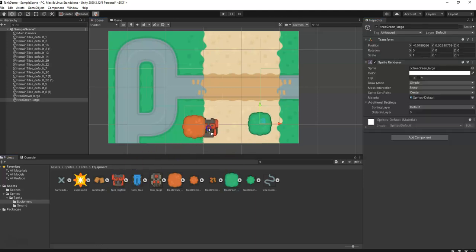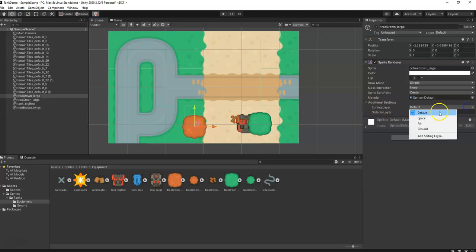So let me get a tank here. Oh, that tank looks good. It's going under that tree. So what if these branches are going on top of that tank? Let's go play around with that a little bit. So first, when you click on an object, right here in your sorting layer, now you can see those that you created. So I'm just going to put my tree on